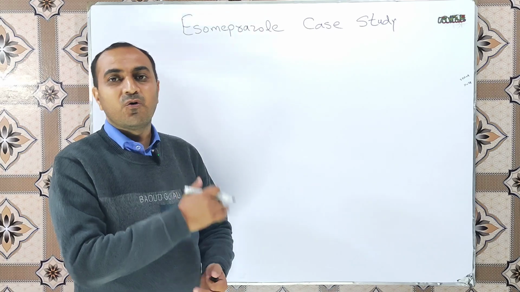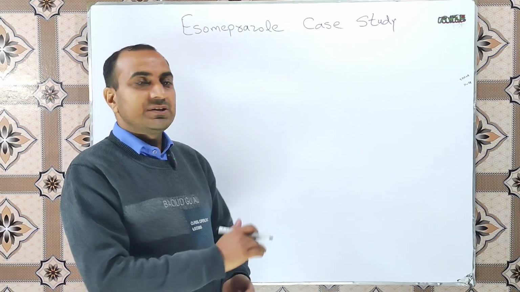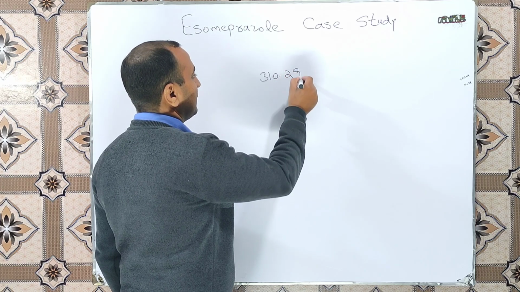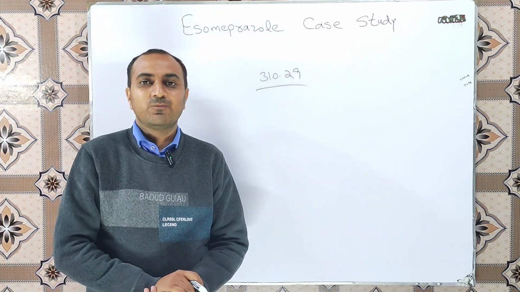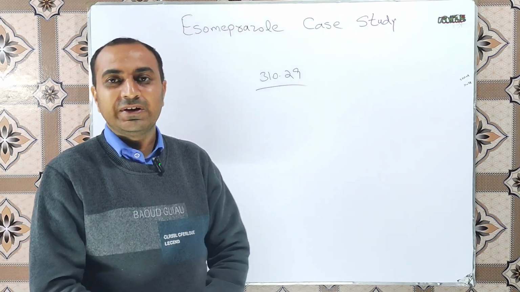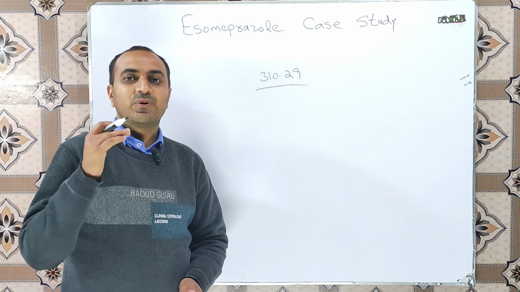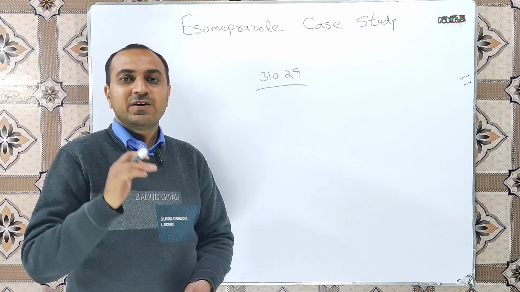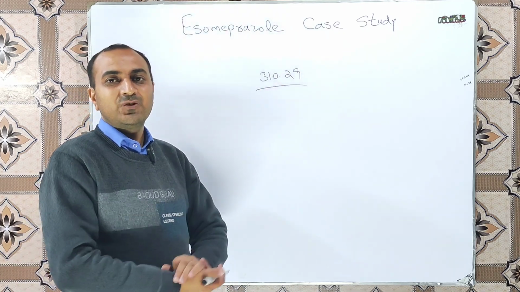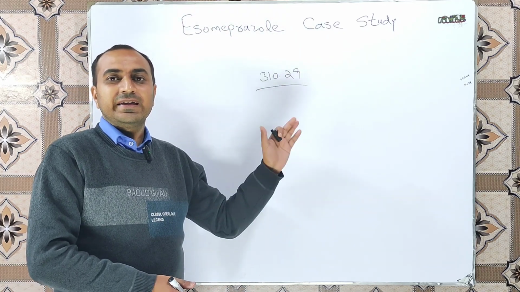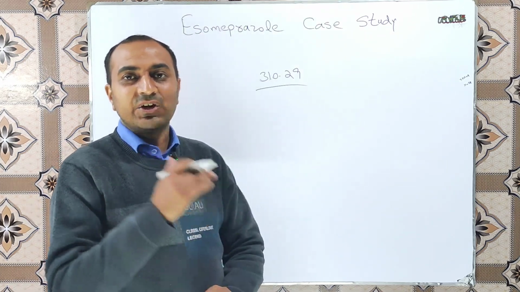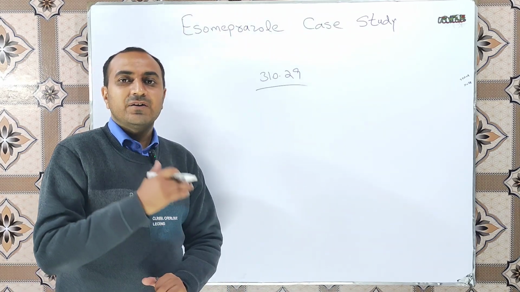The filled weight of one capsule is 310.29 milligram. Meaning 310.29 milligram is the weight of one filled capsule. He asked the pharmacist what is the weight of the content, meaning how much beads of esomeprazole are filled in one capsule. He checked the BMR again and gave the answer that we are filling